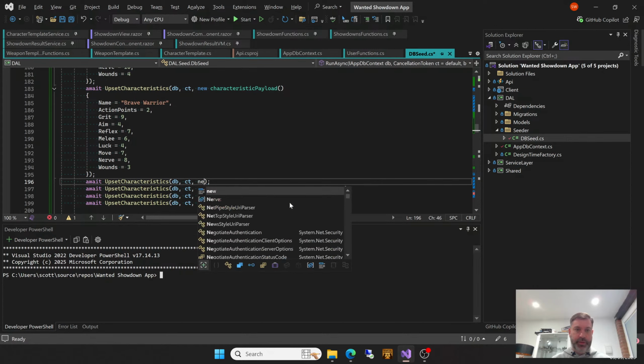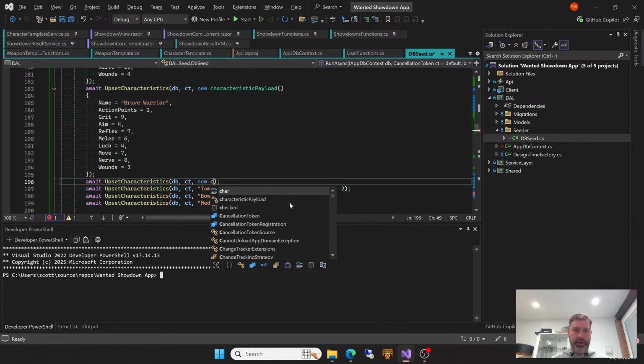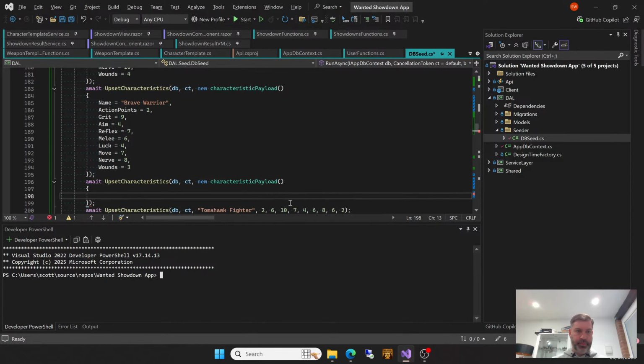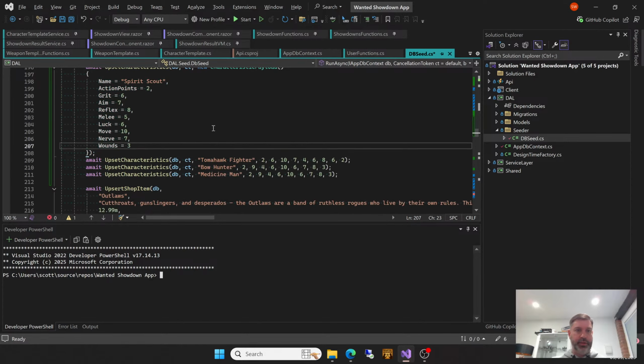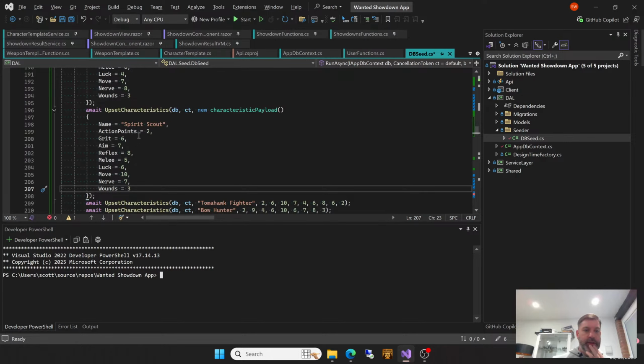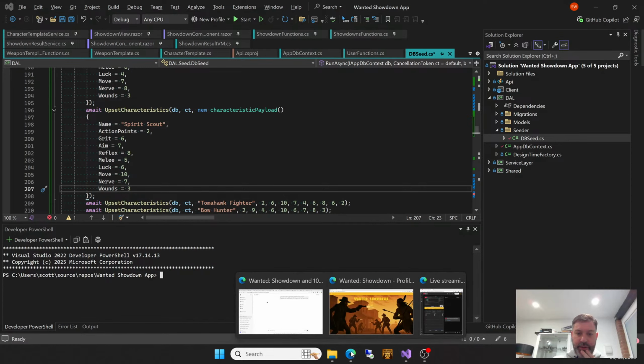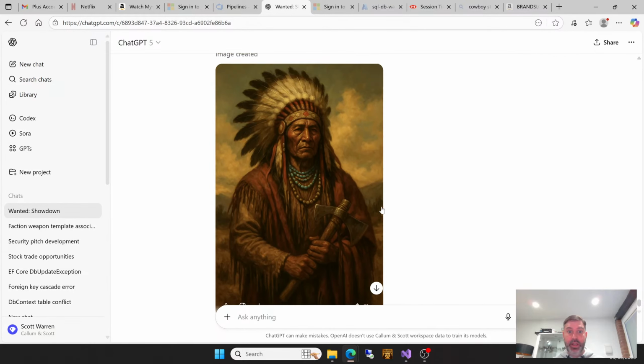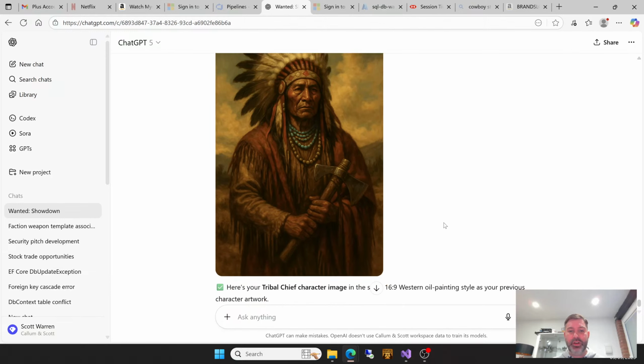Let's go for the scout, new characteristic payload. It's going to help. Thank you very much again. So the spirit scout, action points 2. Whilst that's doing that, let's go back here. Let's see if he's created. That's nice. Oh, but it's in the wrong